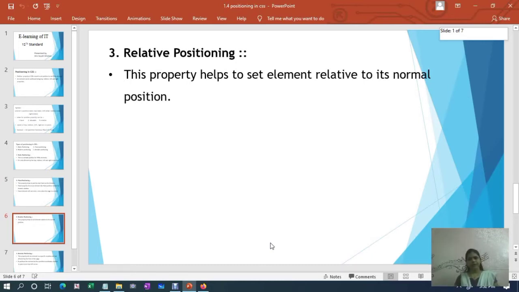That means when you write a program in HTML, the position of every element is fixed on your web page. So that is a default position. So relative to that normal position of the HTML element, you can provide where to shift or position that particular element. In this way you can use relative positioning for such elements.